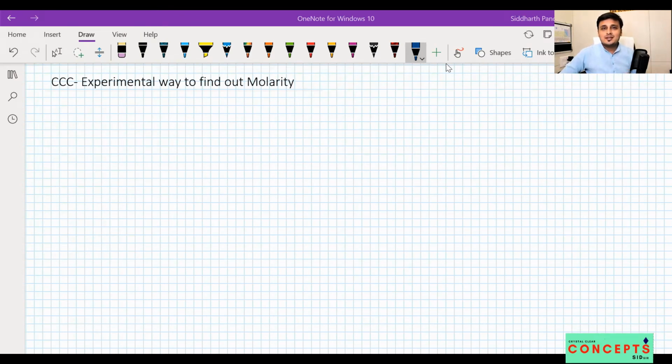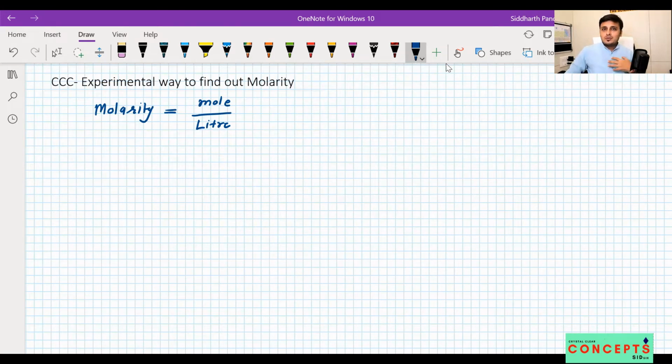Let us understand. To understand molarity, it is very essential to first understand what molarity is. Molarity is a concentration unit and it is widely used in chemical equations and chemical calculations. By simple definition, molarity is understood as moles upon liter of a solution. So mole per liter is called molarity.